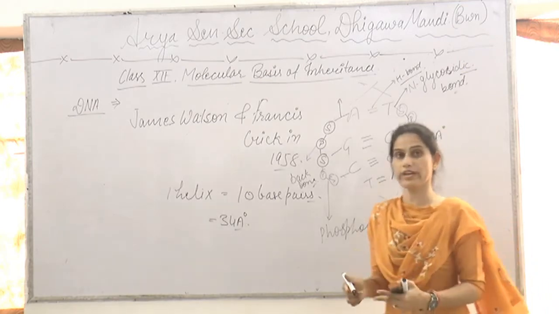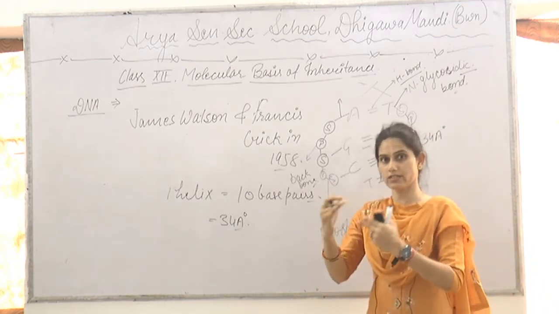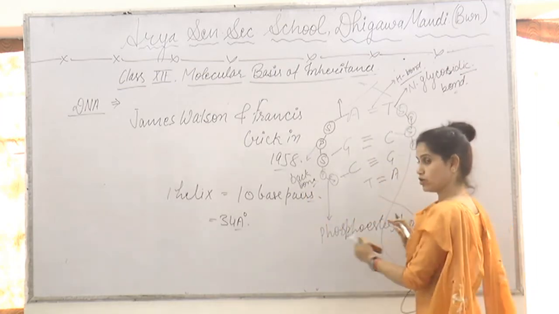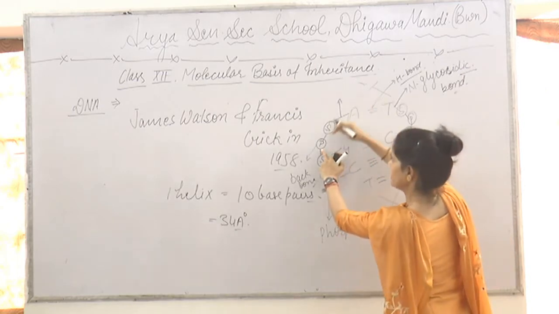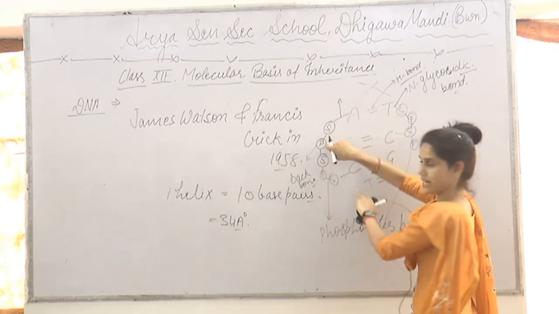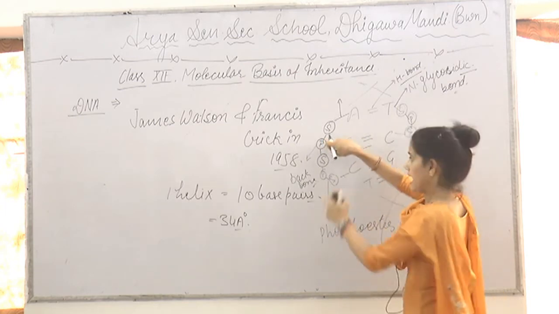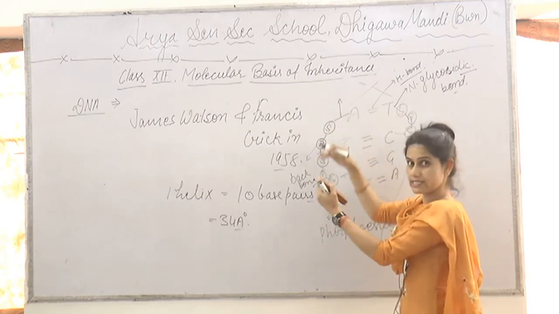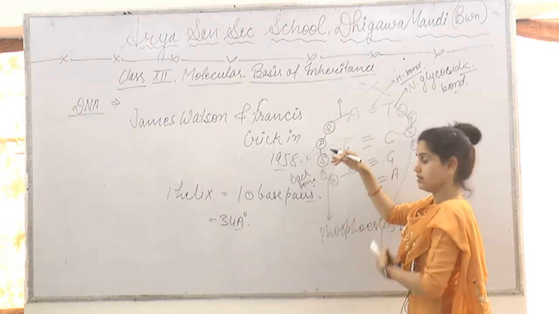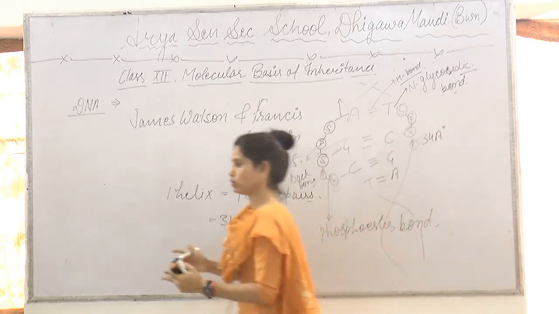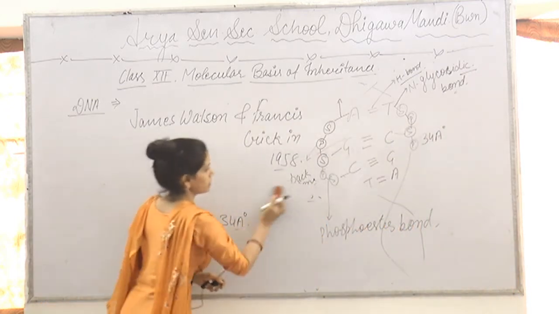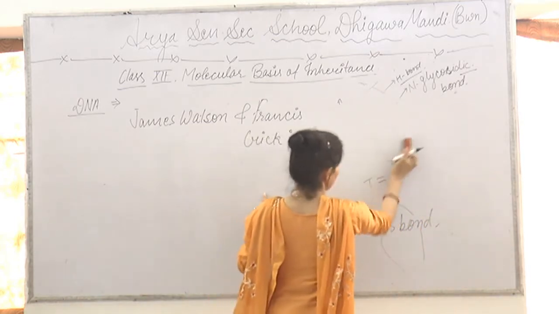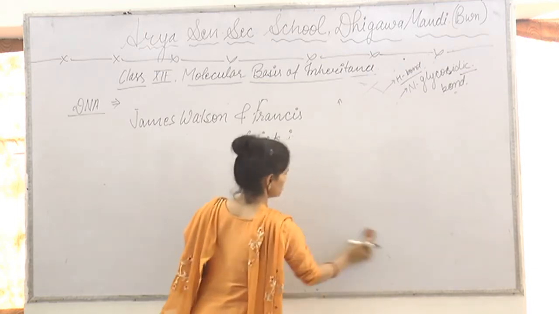And when two consecutive nucleotides are attached together, then they form phosphodiester bond. The phosphoester bond is present only between pentose sugar and phosphate group. And when two consecutive nucleotides, for example this, are attached together, then they form the phosphodiester bond. So if there is a bond between two nucleotides, which bond is it? That is the phosphodiester bond. Okay, so I have just told you three types of bonds. Which bonds did I tell you?